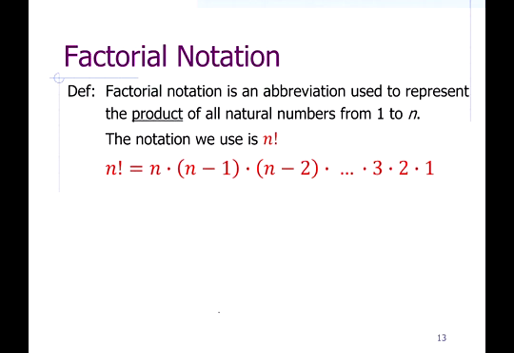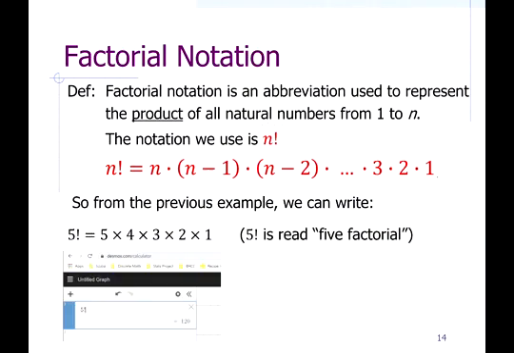And factorial notation is an abbreviation for multiplying. And the notation we use for factorial is the exclamation point. So n factorial means you multiply all the numbers, starting with n, down to 1. Now what I mean by this, from our previous example, we had 5 times 4 times 3 times 2 times 1. And using this new factorial notation, that is